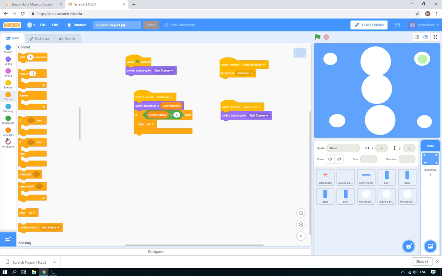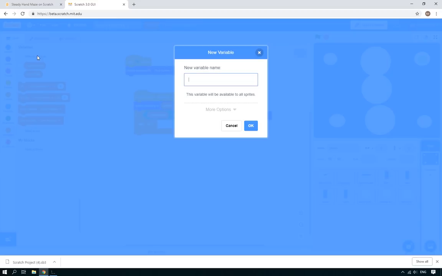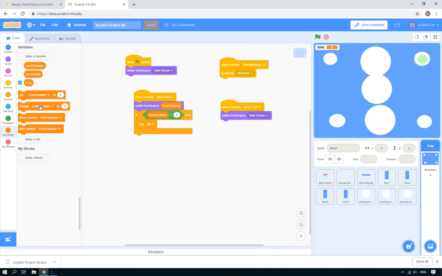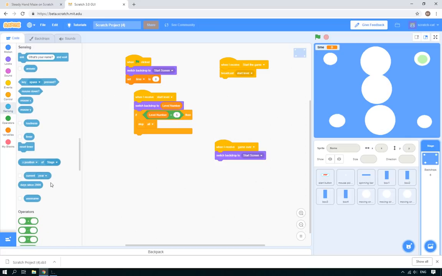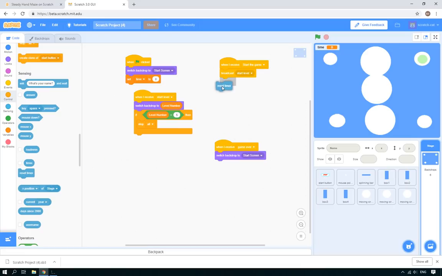So in order to do the timer, we're going to need a new variable here and call this time. There we go. And time is going to need to be at the start of the game. We're going to set the time to 0. So at the start of the game, set the time to 0. And then what we do is when we receive start the game here, where it does broadcast start level in your stage, what we also do here is we do two things. We reset the timer, which is a special thing, and then